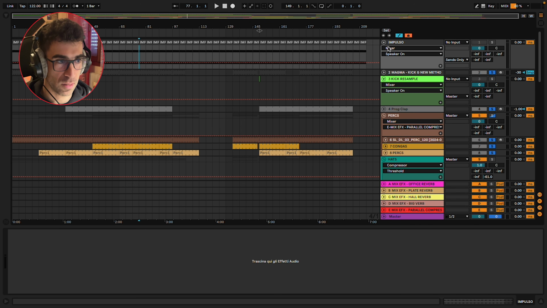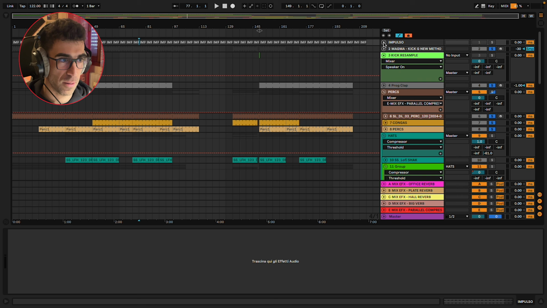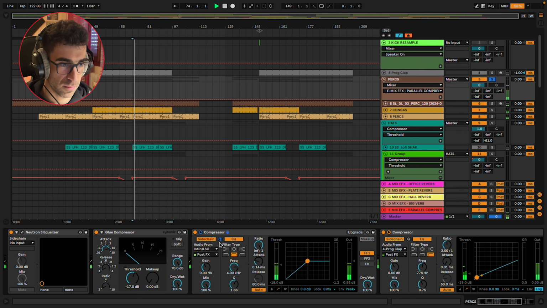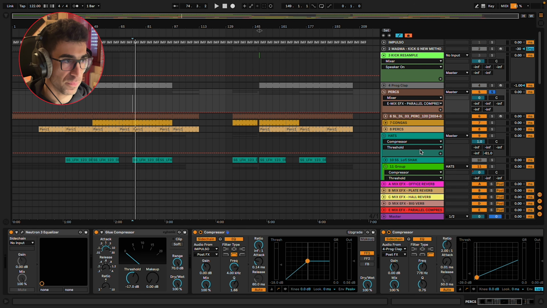Is exactly this kick after processing, but for sidechain I just use the click of the kick, as you can hear, and then I tended to exaggerate to find the sweet spot of attack and release. In this case is in auto mode, but sometimes I can make this manually.